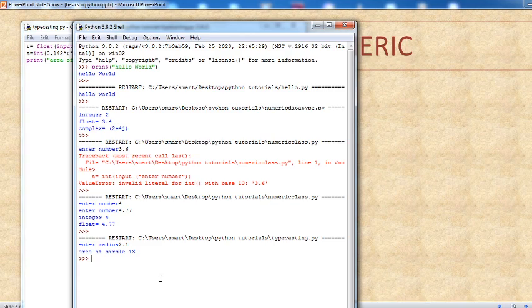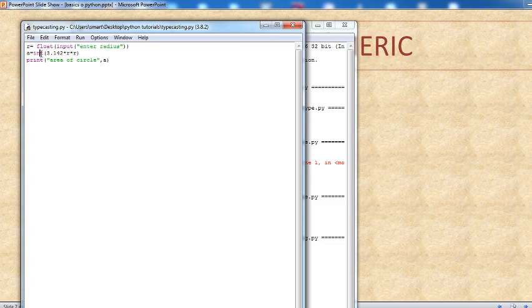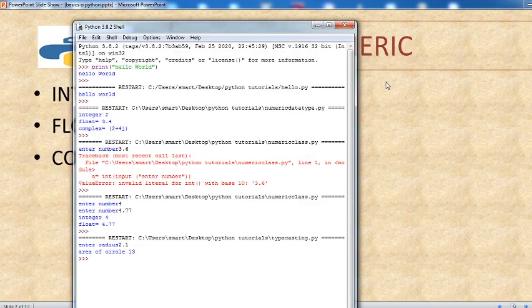So 3.14 multiplied by 2.1 multiplied by 2.1, whatever answer you get, that is being truncated, and that is the area of a circle. That is, a is equal to int inside the bracket. That means this is the way typecasting is done in Python.